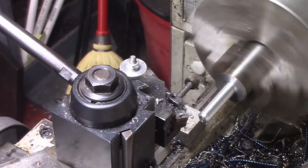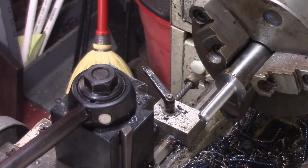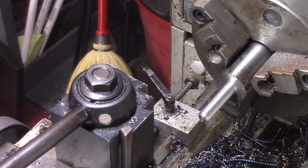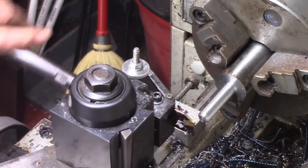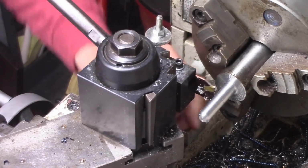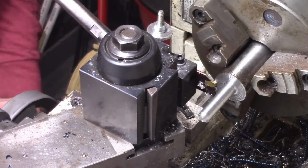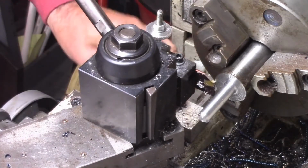That'll give me a good lead in. Now I'm just going to throw my cutoff tool in there, and we're going to go back there and cut us a little cut of relief for the threads in the back. So we'll just go back here, and I'm just going to use the cutoff tool to face it too, just a smidge,